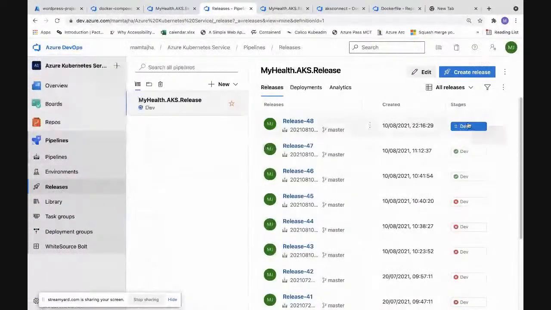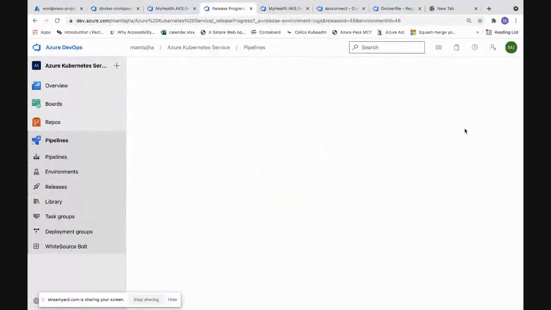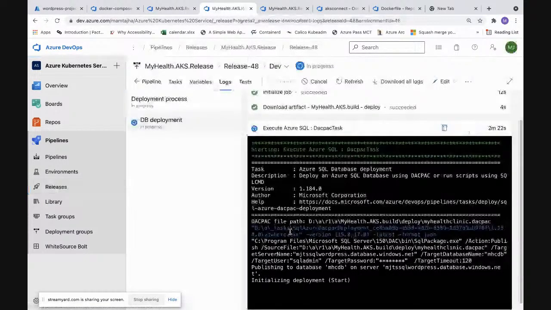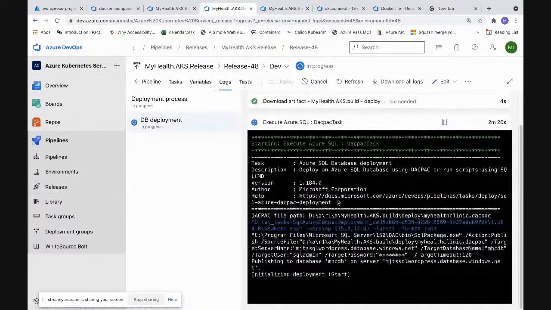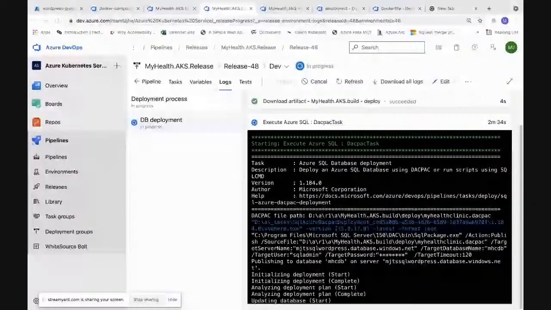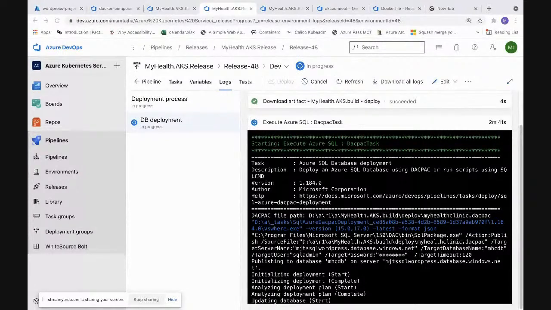Let me go to the release. It's still ongoing. DB deployment takes a bit of time. In case we have any questions in the meantime, we can pick those up. I have tried answering the questions as they came. The last question I answered was Tarun's question, and I think I've picked up all the questions. In case I've missed any, please go ahead and repost your question.